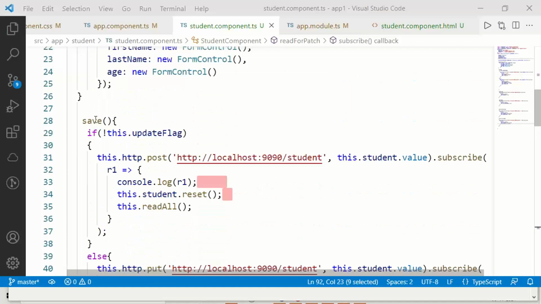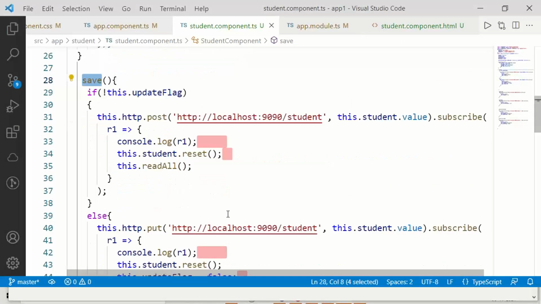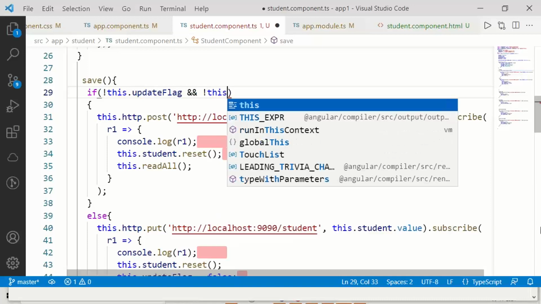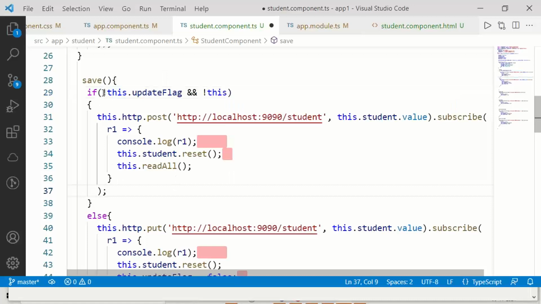Now come to the save. I can go for if, else if.